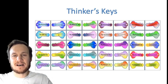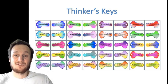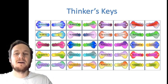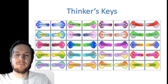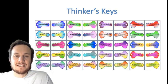I've been thinking for the past few weeks about how we're going to do technology this term if we're going to be doing most of it remotely. Trying to think about Google Sites, things like that, coding, it made me think what's missing from our class is a little bit of creativity. So maybe we might scrap the tech part for a little bit and go back to a bit of creativity. Because the one thing I think that I'm missing and I think that you guys are missing is fun